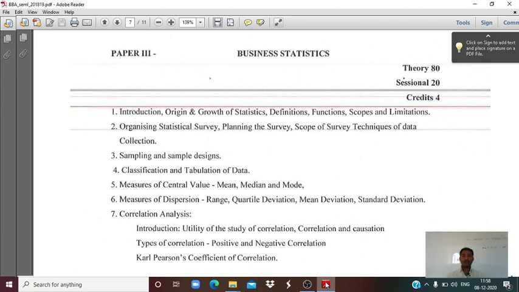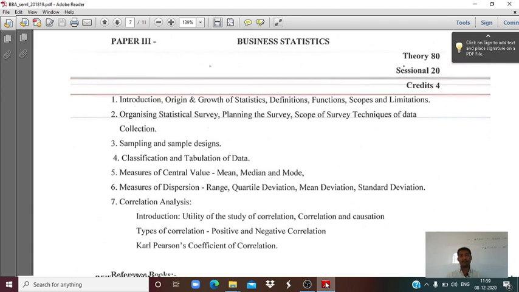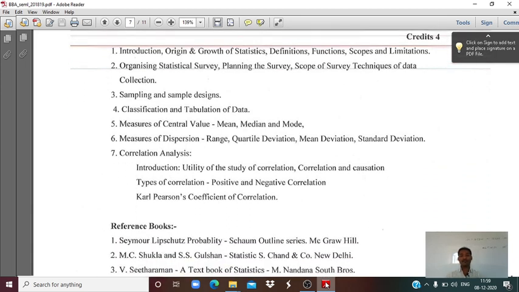In your course there are 2 types of evaluation, as you know very well. The first is internal evaluation and the second is external evaluation. Internal evaluation is conducted entirely by the college and external evaluation is conducted by the university. So